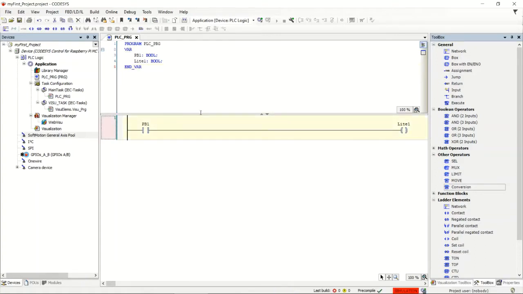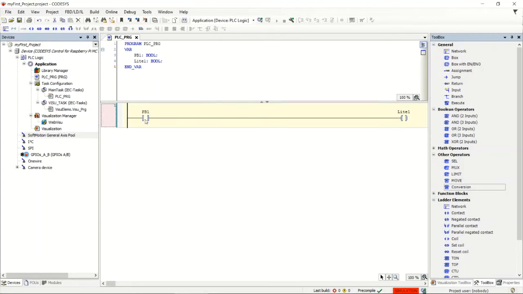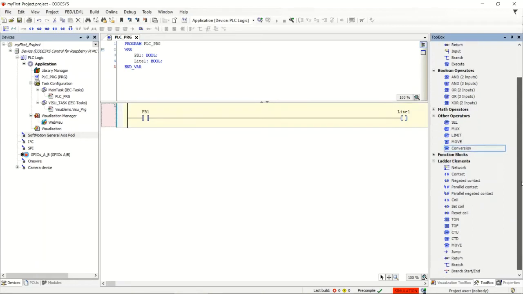You'll notice we have our basic program here, the program we were using in the first two lessons. If I scroll down, I'll be able to start putting in branches. Let's assume for a second I want to put a branch around this push button. Assume I wanted to put a second branch, just a branch with a contact and another coil. What I could do is drag and drop the branch down